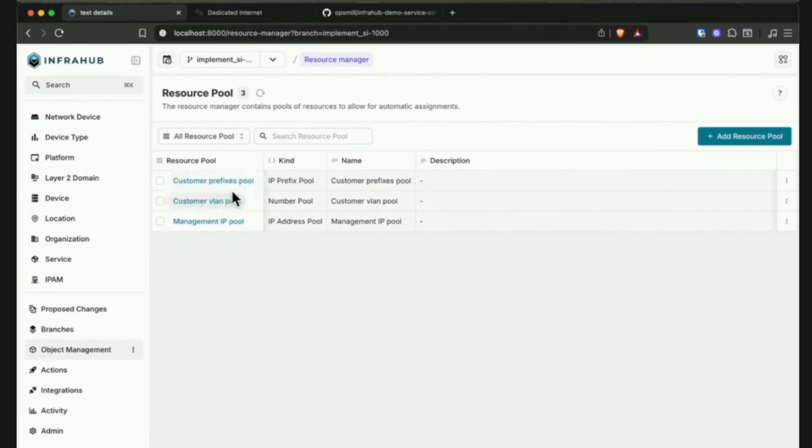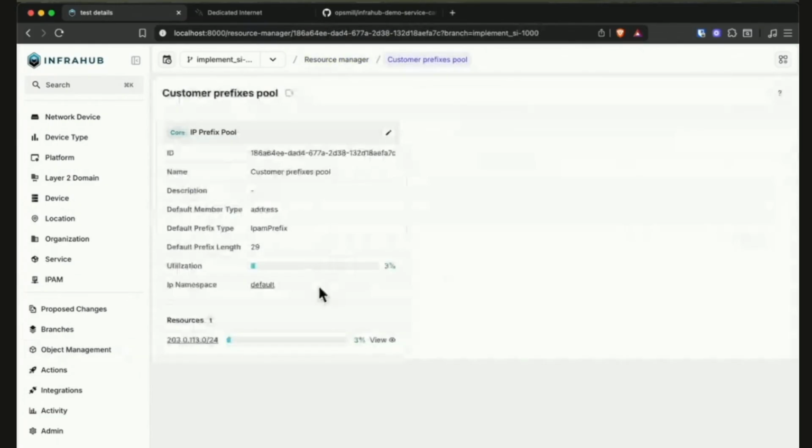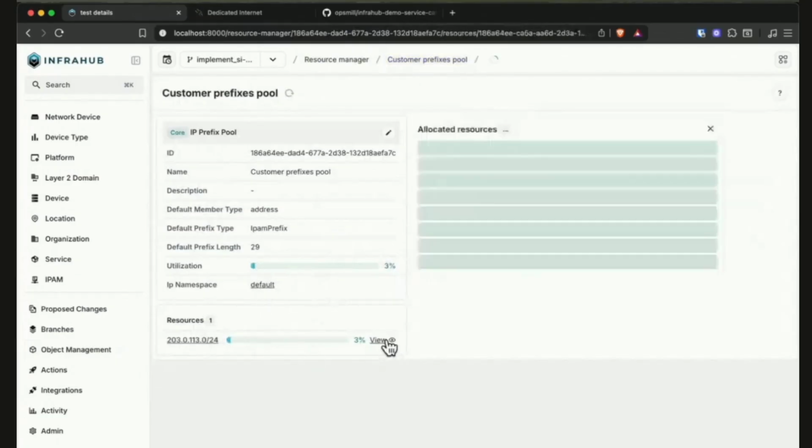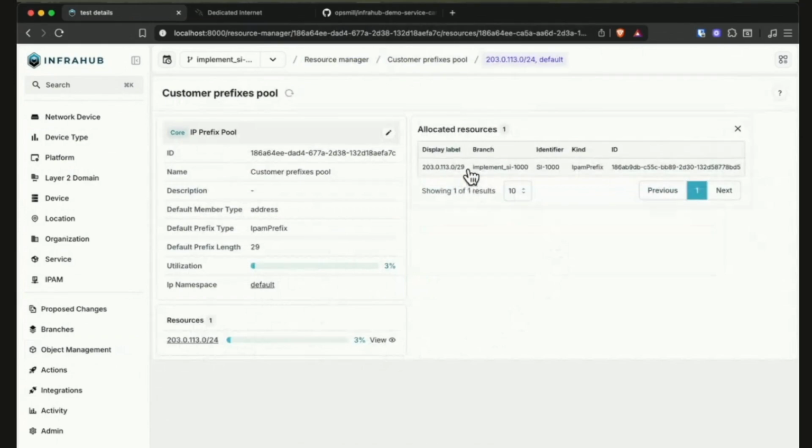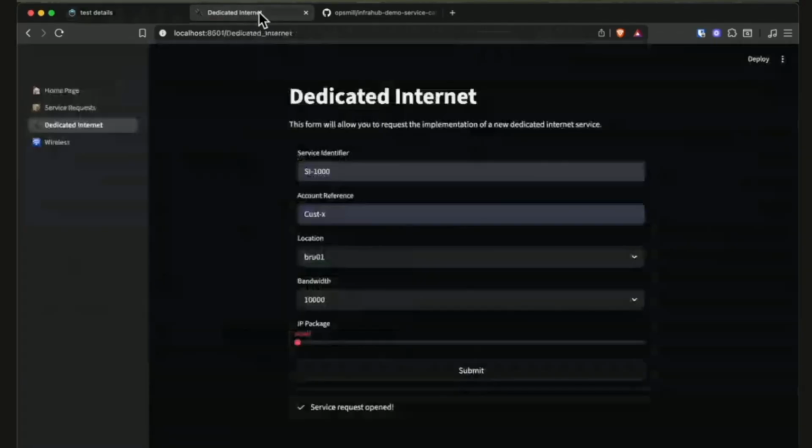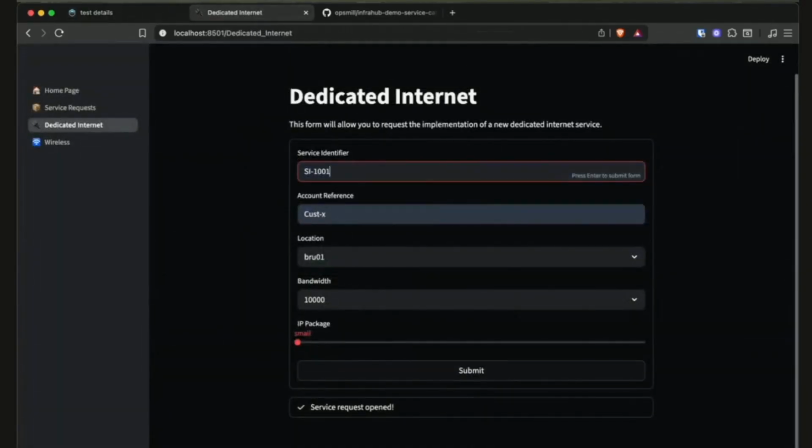We've got the customer prefixes. I can see in there it's got 1 resource. The utilization is at 3%. I can go and view the resource that was divvied out by this resource manager, and we see it's 0/29. If I go and create another service, let's say SI1001, and submit another